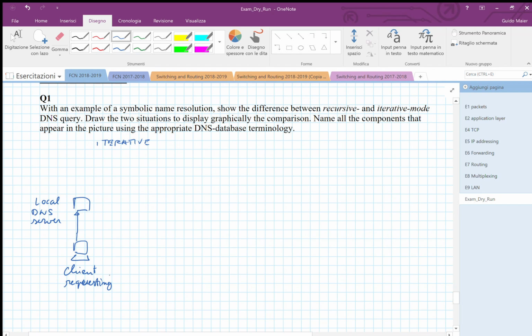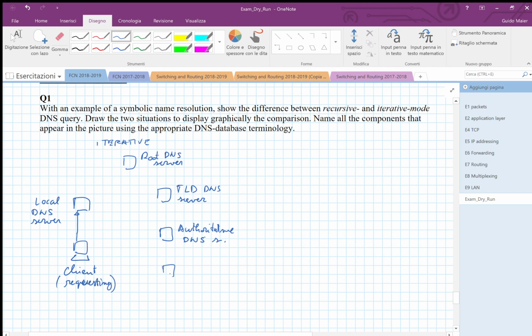This is the requesting client. And then we have the root DNS server. We have the top level domain DNS server, and at a certain point we have the authoritative DNS server,